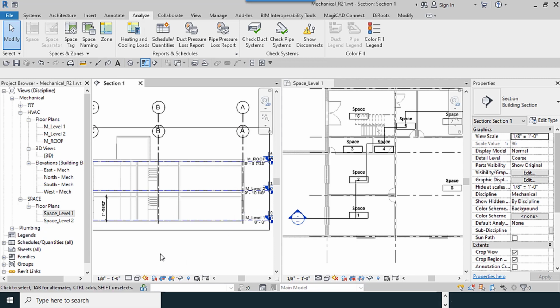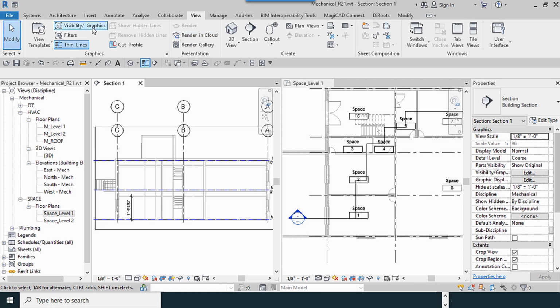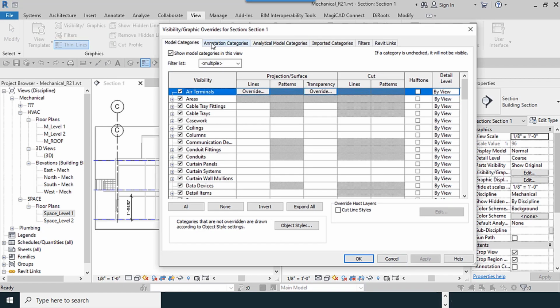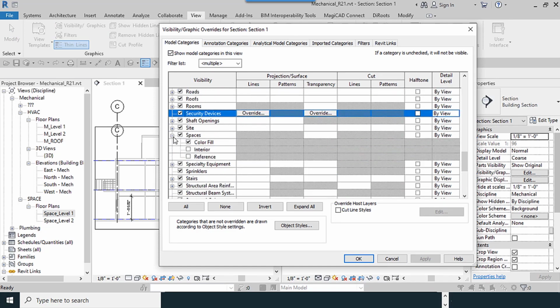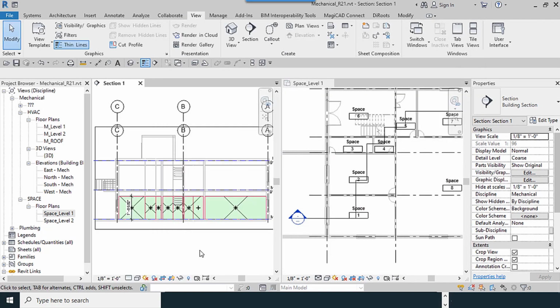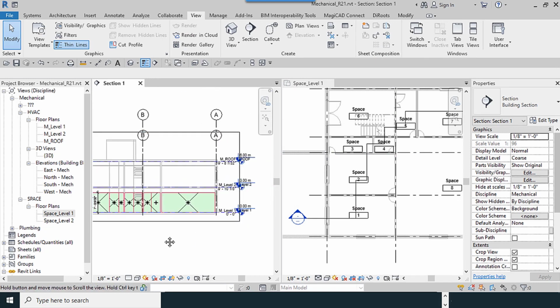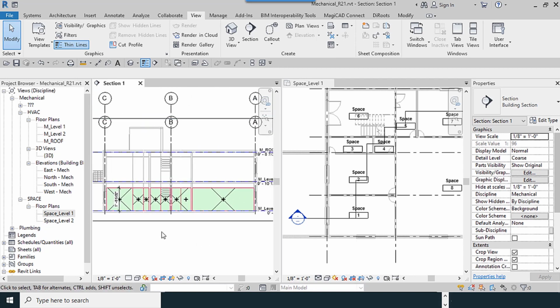And if you want to see your spaces colorful with different colors, go to View, Visibility Graphics, Model Categories, find Spaces here. Check the Interior and Reference checkboxes. You can see spaces here. In this space,